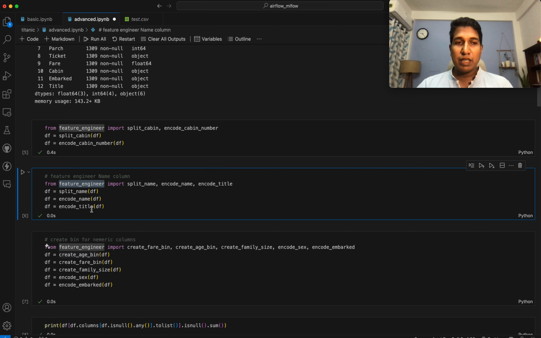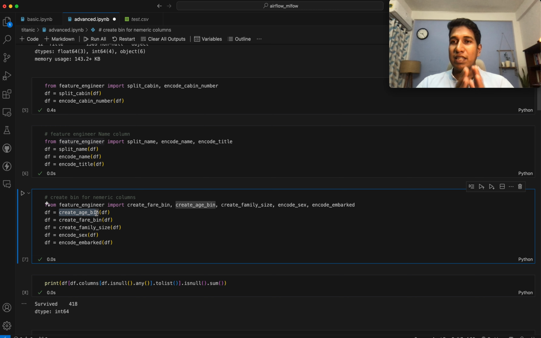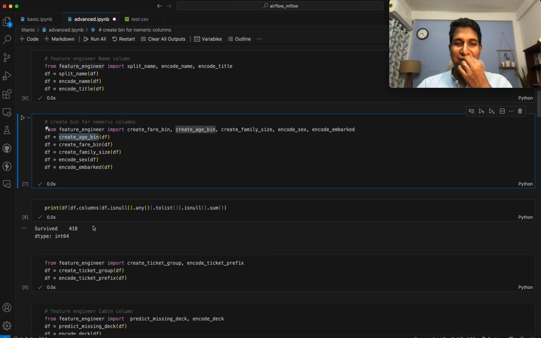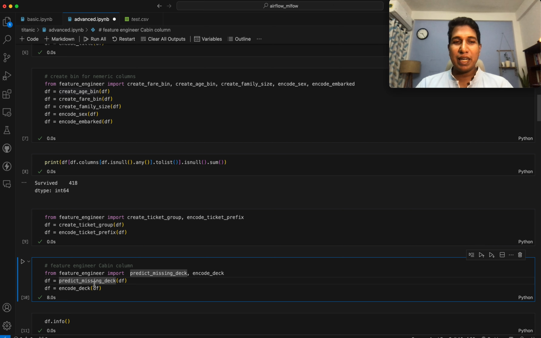Then you are encoding the name, encoding the title. Again, you are doing some more feature engineering, right? For the age, rather than having it as a continuous value, you are creating bins out of it, and you're encoding some of these values. And I think I went a little overboard. I created a separate machine learning model which can predict the deck number based on the cabin values,